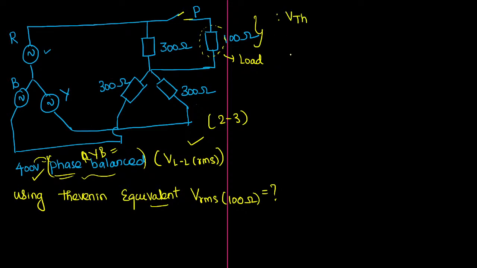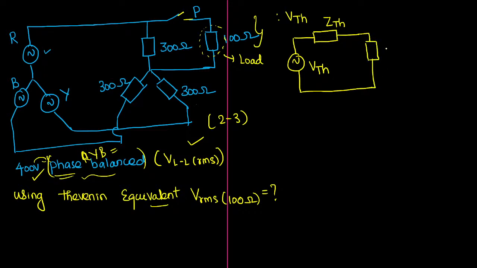They told that we should use the Thevenin equivalent circuit. How will you draw the Thevenin equivalent circuit? If it is an AC circuit, then it can be written as a Thevenin voltage connected in series with the Thevenin impedance, ZTH. We are in AC. At last, we can reconnect the load